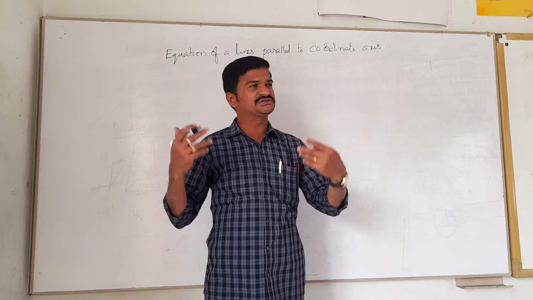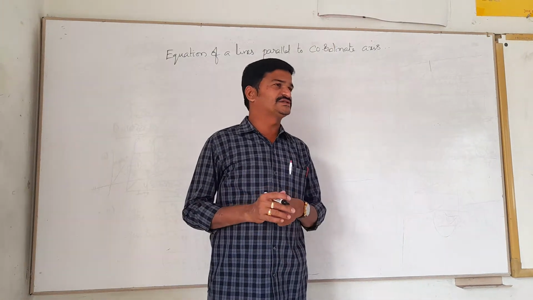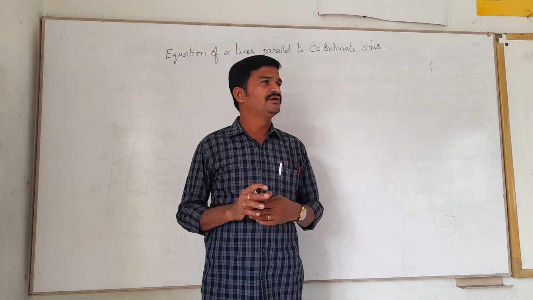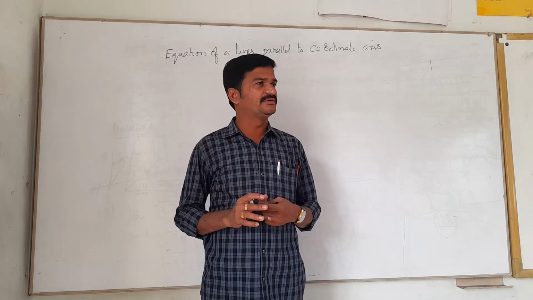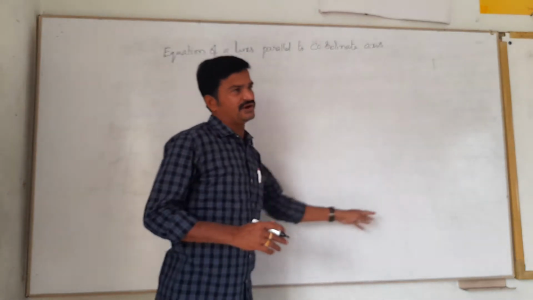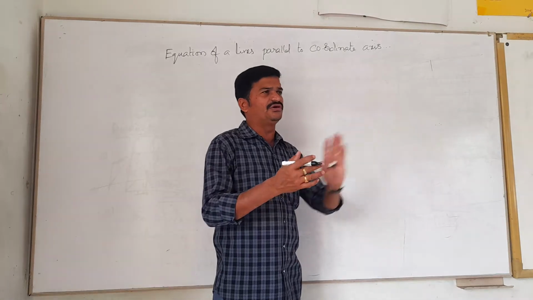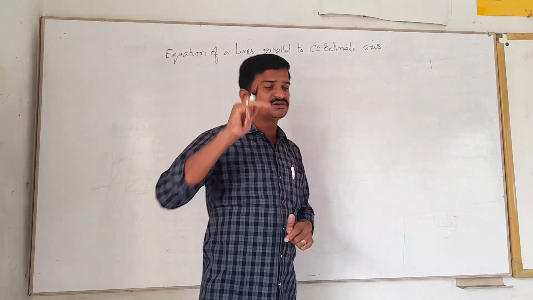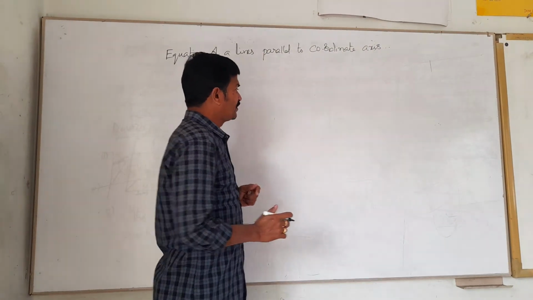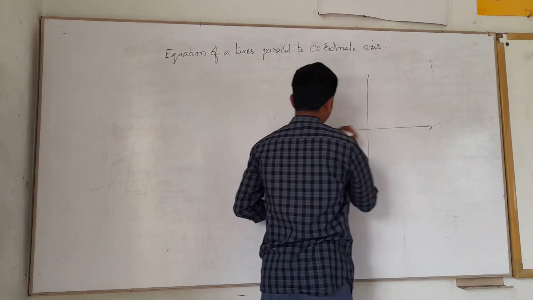By seeing your expressions, I came to know that x axis and y axis, why those are coordinate axes? Those axes are formed with the coordinates only, na? And that means the Cartesian plane can be divided into four quadrants. The horizontal line is the x axis and the vertical line is the y axis. These are all the things we know. So what is the equation of a line which is parallel to a coordinate axis? Suppose this is the y axis, this is the x axis, na?